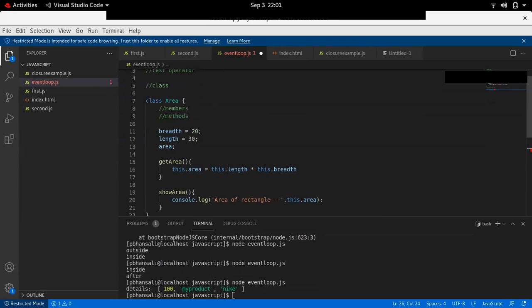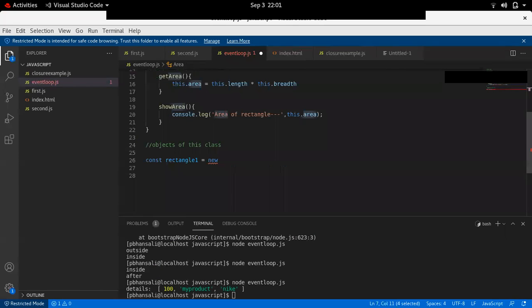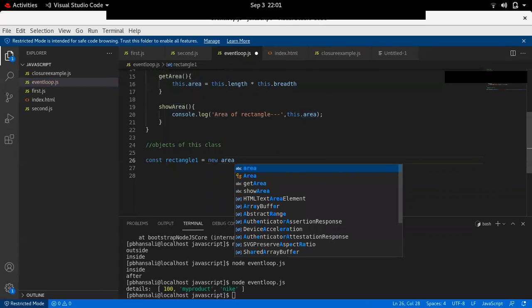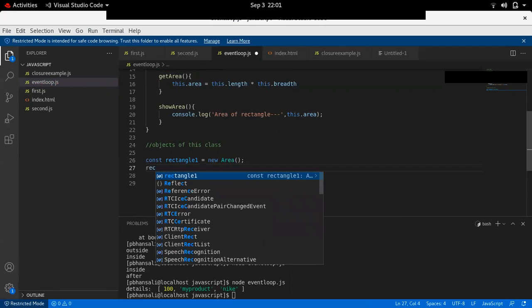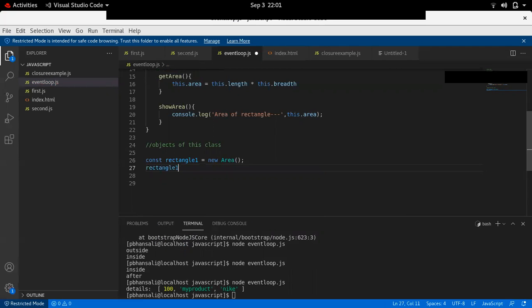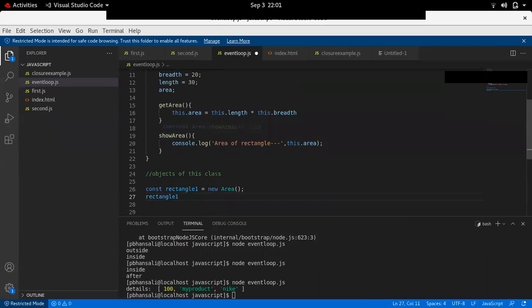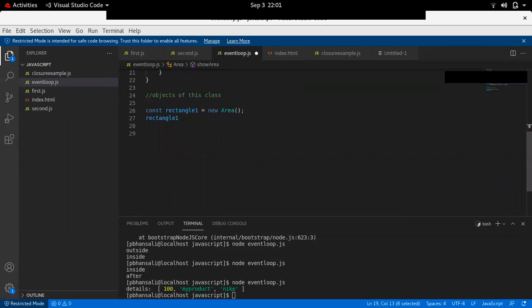What was our class name? Area. Like this. Now you can access the method of this class, that is show area. Rectangle1 dot show area, like this. So if we run this,